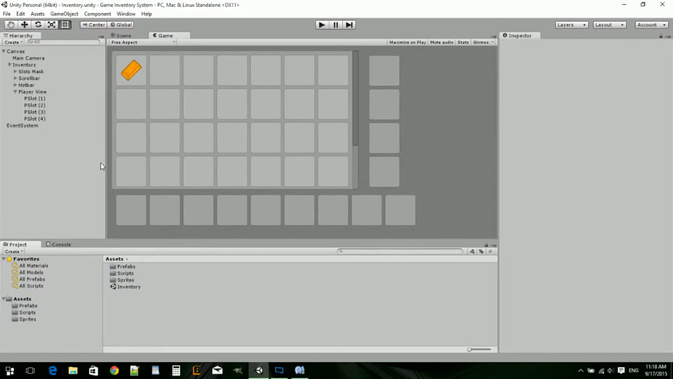In the last episode, we built out the inventory system. Now it looks pretty good. We added a scroll bar here so we can scroll through the slots. But we're going to fix something that we did in the last episode. I told you that